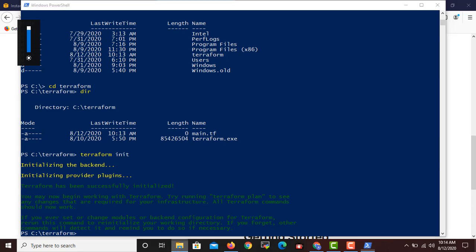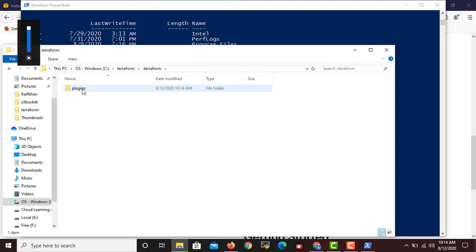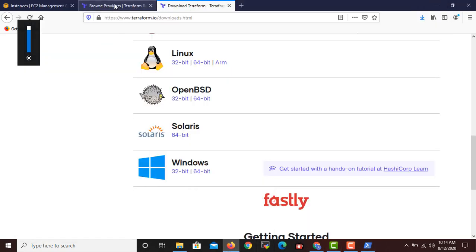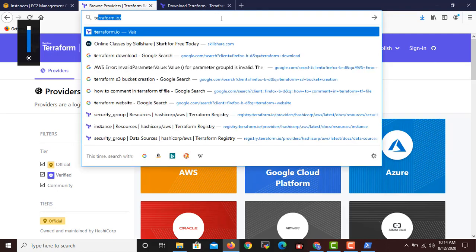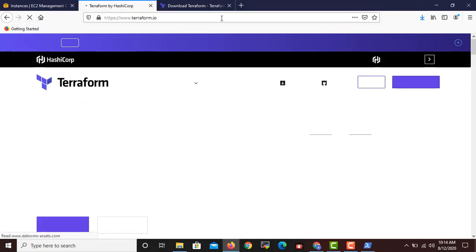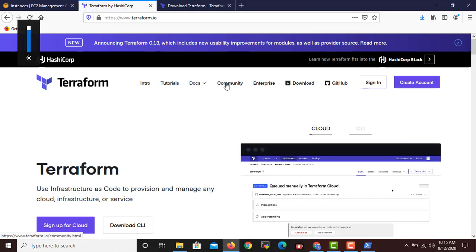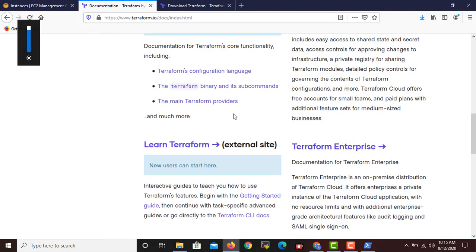Now what will happen? You will find that a .terraform folder has been created. In this folder, all plugin information is there, right? So if you need to work with Terraform, you can simply put the code there. Like if you go to Terraform IO, there is a very good page there and the documentation is very good. So just go to the Terraform IO page, and suppose you need to set it up with AWS. You just simply go to documents, providers. There are a lot of providers there.